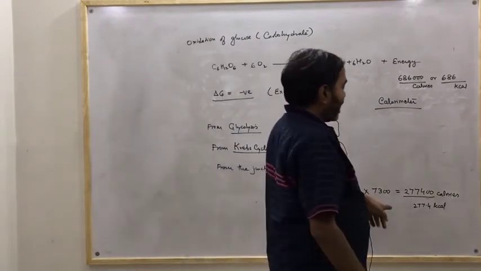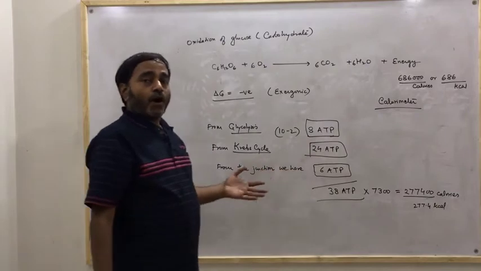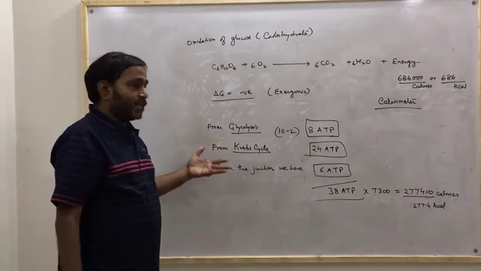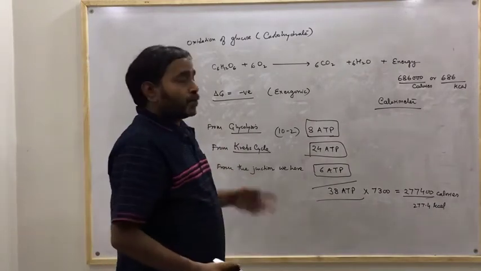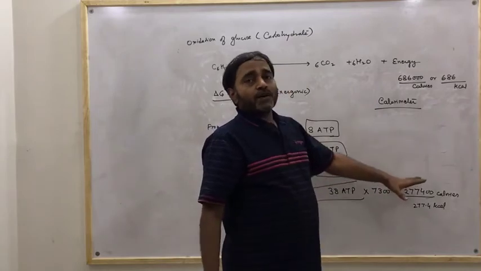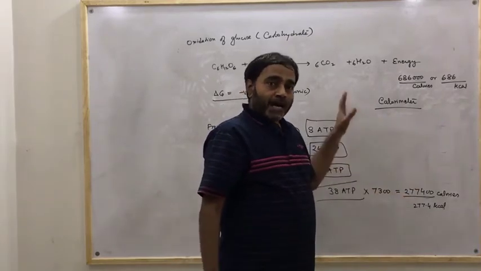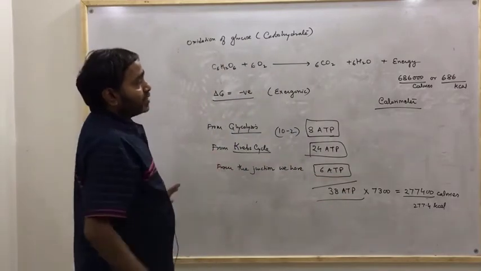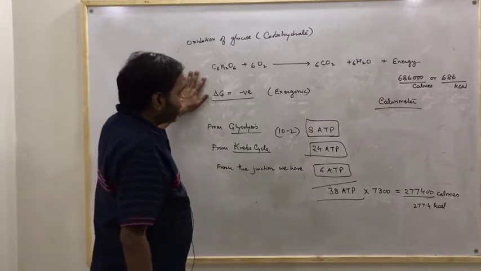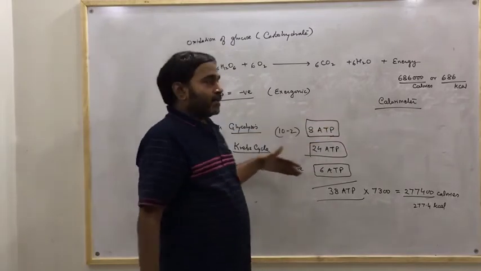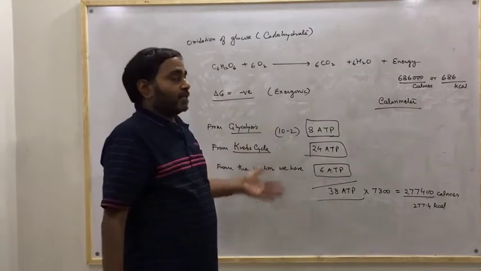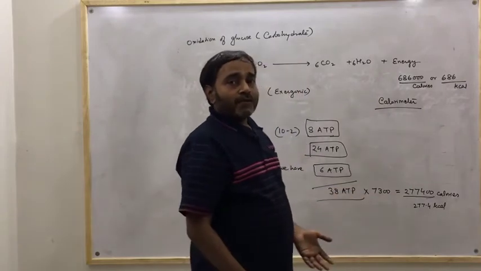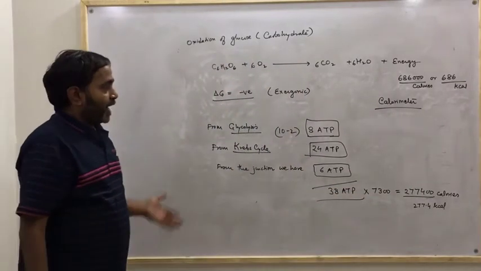Why? The reason is that 60% of the energy will be wasted, or you can say liberated out as heat or in other metabolic functions, due to which only 40% of energy can be obtained by the cell using these pathways. So it should be there in our concept, and the energy calculation is very easy, because if you know the fact, there will not be any problem in calculating it. Here I am considering in terms of moles, and the ATP calculation is also done in terms of moles, so that you will have no problem in calculating the energy.